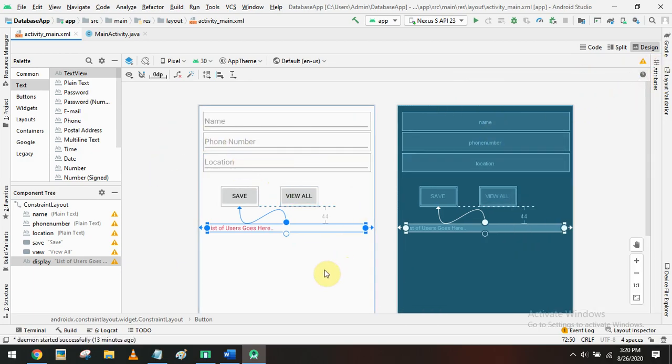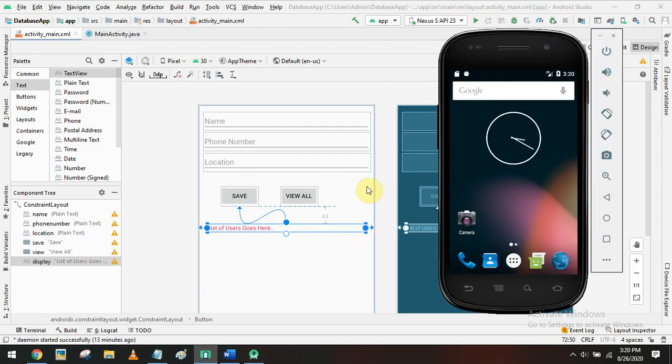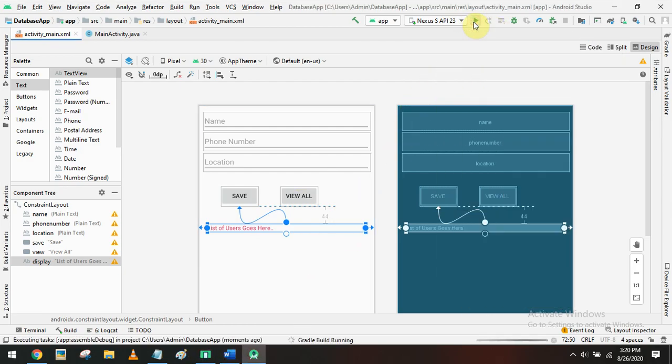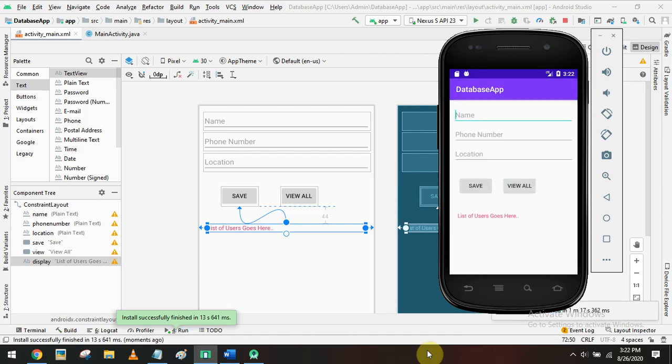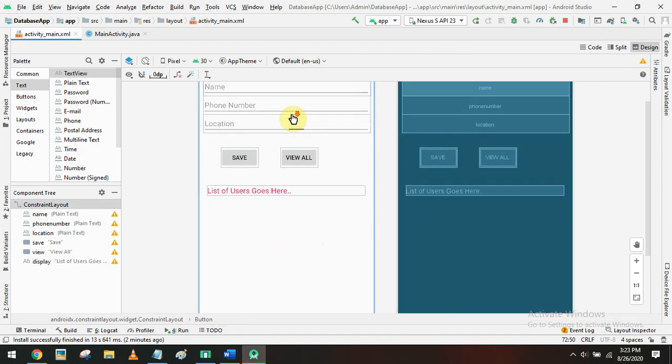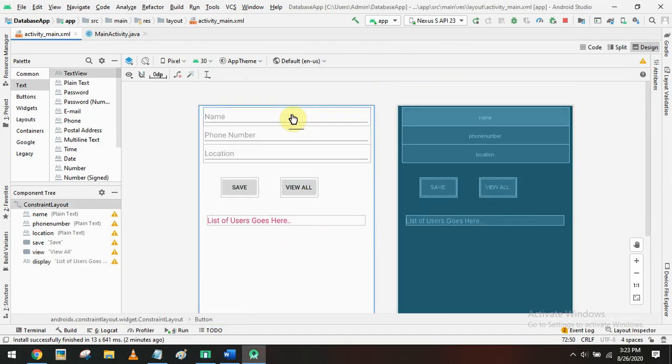So now in order to verify whether the interface components are actually correctly located, we can run the program. Now I'll run the code and you can check whether the UI design is proper or not. Okay, the design is okay. So now next we discuss how we can take the data from this text box and how to store it in a SQLite database.